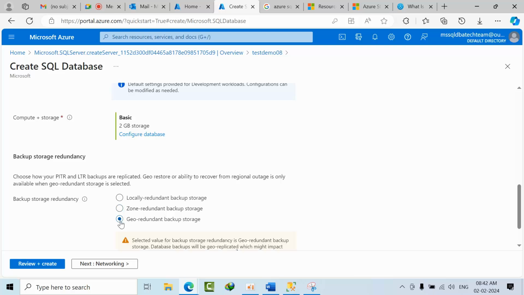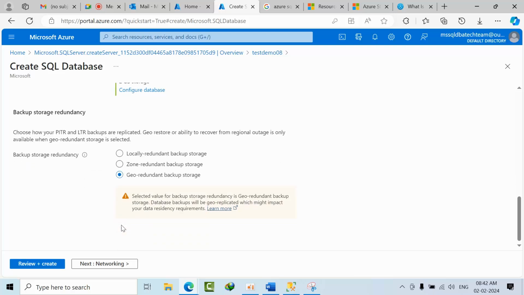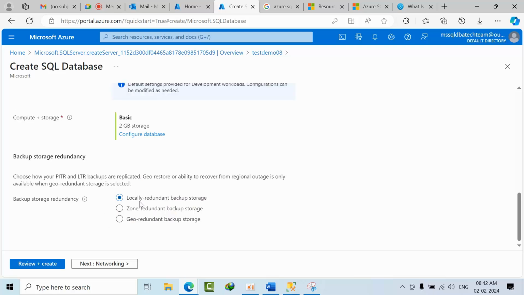If you go with geo redundant, it means if we have a data center in one country, your backups are copied to one more data center elsewhere. For example, if you consider Ukraine, if anything happens there, like a nuclear war, all your data will collapse, right? So if you go with the redundant option, you can have your backup copies, restore from there, and continue working. This is exactly what the redundancies are. So right now I'm going with local redundancy storage. Now click on next.